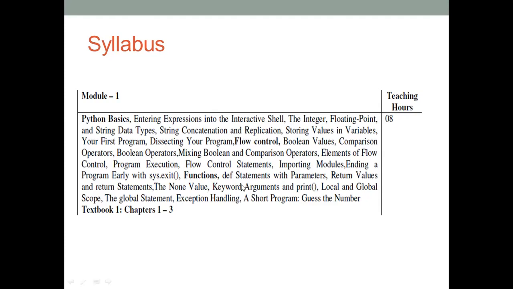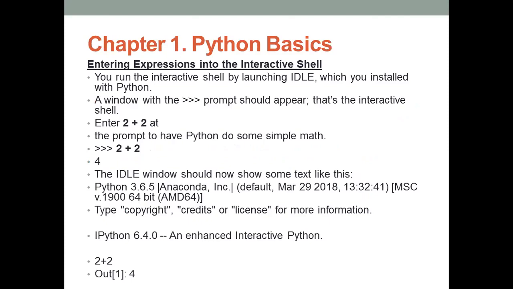How to create that function and how to use those functions, all those things we discussed in the third chapter. So in the first chapter we discussed the basics, and in the second chapter flow control, looping and conditional branching statements, unconditional branching statements, and then functions. So these three chapters you have in your first module. Now we start discussing the first chapter, that is Python basics.